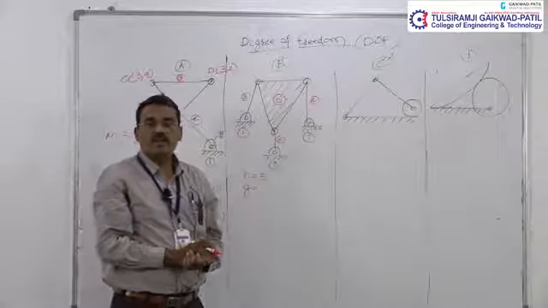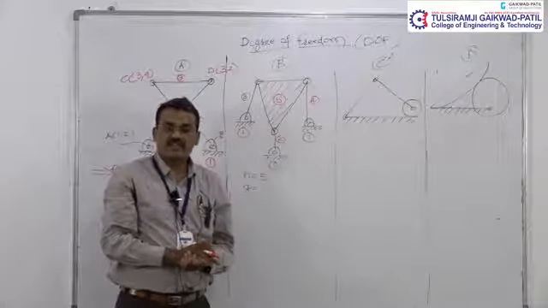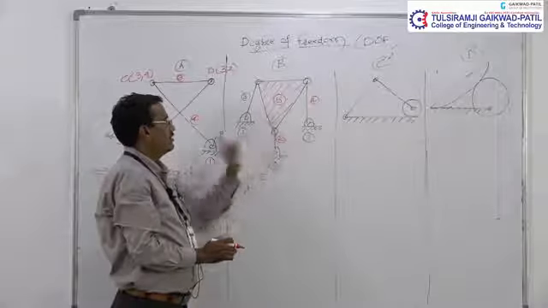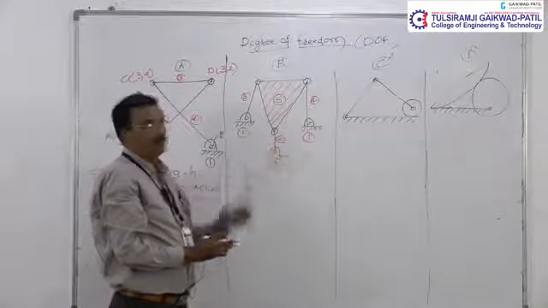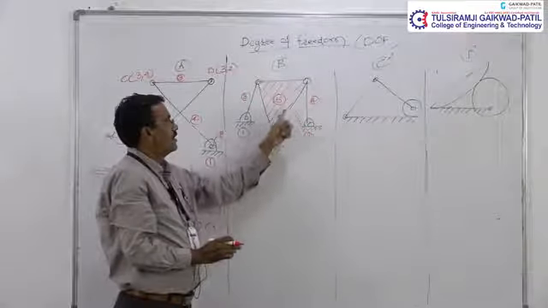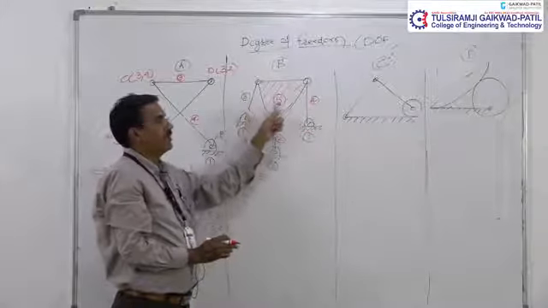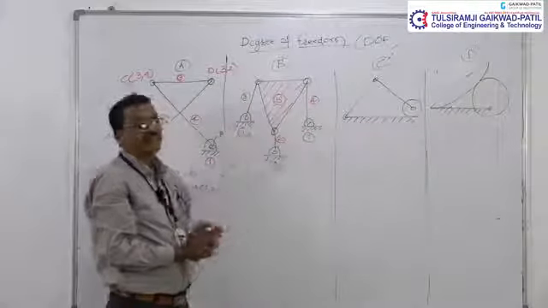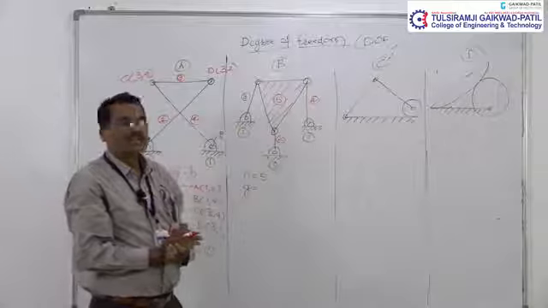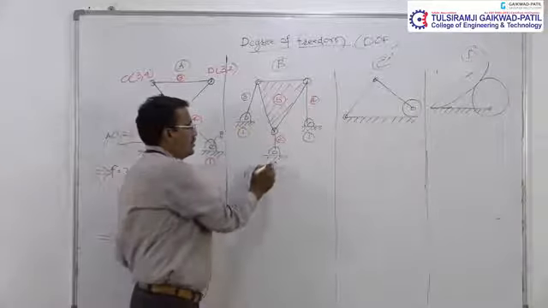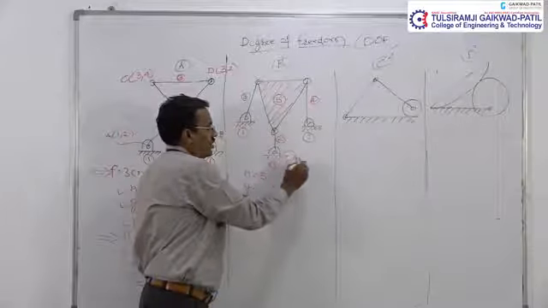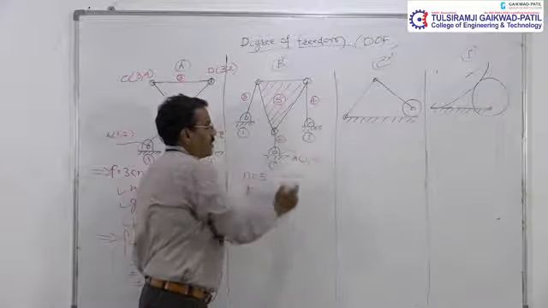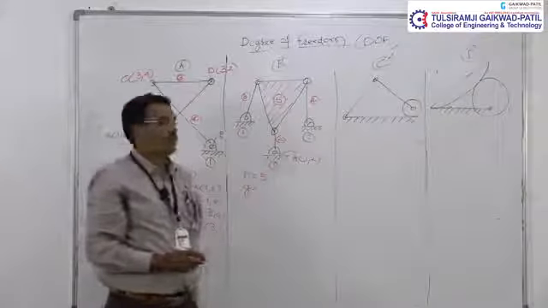When two links form a surface contact, it forms a lower pair. Now link number 1 and link number 5, 1 and link number 2, 1 and link number 3, link number 4 and link number 5. Let us check what lower pairs are present in the mechanism. Now this is link number 1, this is link number 2. So this must be lower pair A, which is formed by link 1 and link 2.